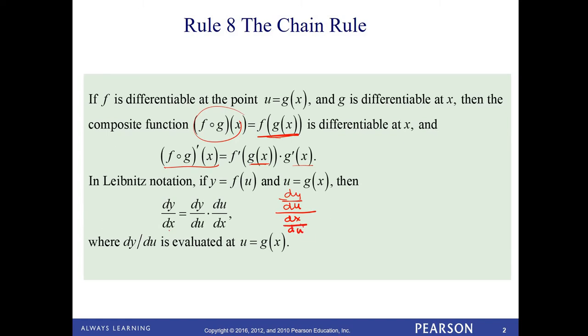So this is our derivative, change of y over change of x. Multiplying by the reciprocal, we get this, and the dy/du's cancel out. So this all happens where dy/du is evaluated at u being equal to g of x. So in other words, g of x is u, so we can call it f of u. Okay, with all that said,